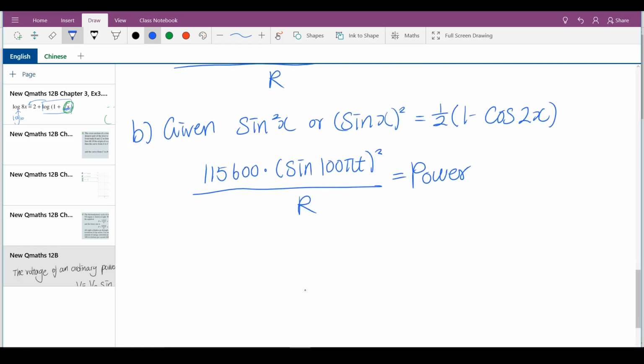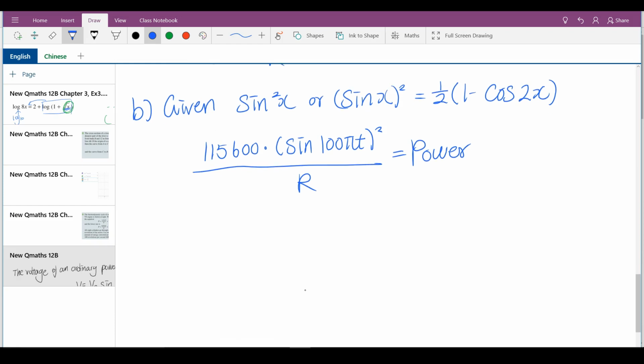Let's observe here. To remove the square, we convert to half bracket 1 minus cos. If we're going from sine, we become cos 2x. The relationship between them is this is x here, this is 2x here, so you get twice of what x was before. Because there was a 1 here, if you didn't realize, it becomes 2. Applying that into our formula will become